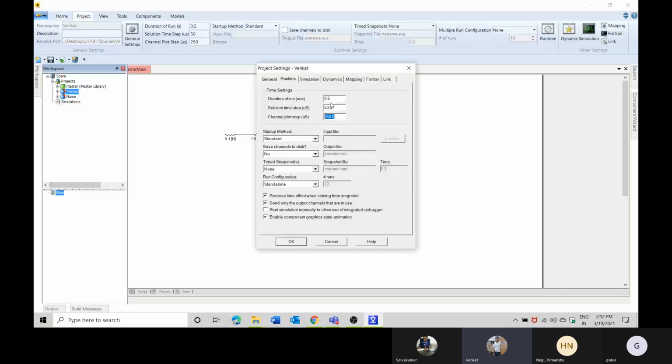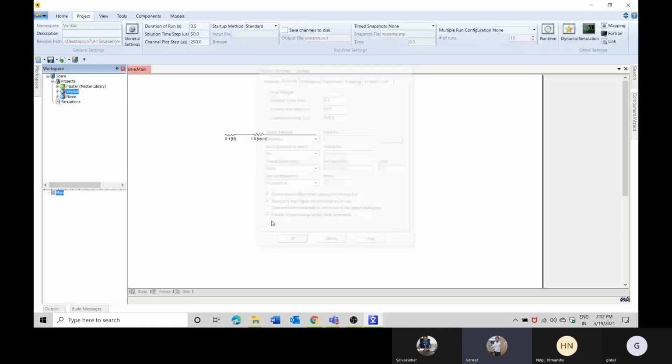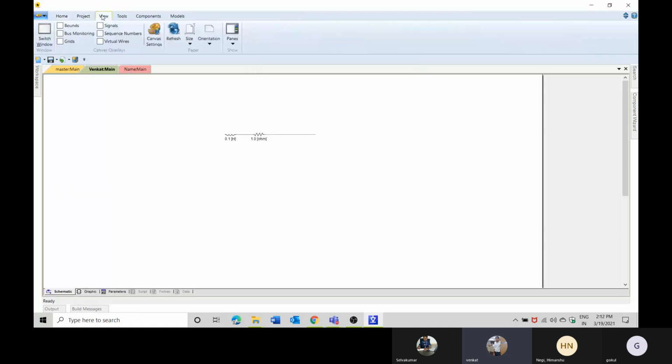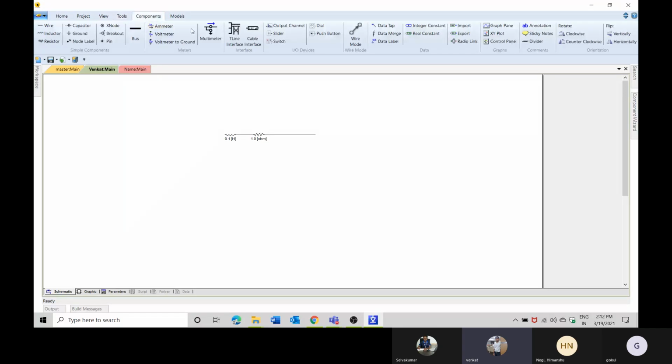These are all the important things which are required when you perform a particular simulation, and that also depends on the type of application for which you are performing the simulation. That part we will come to later. And then the next one is viewing options. I hope we will come to this also, option by option.